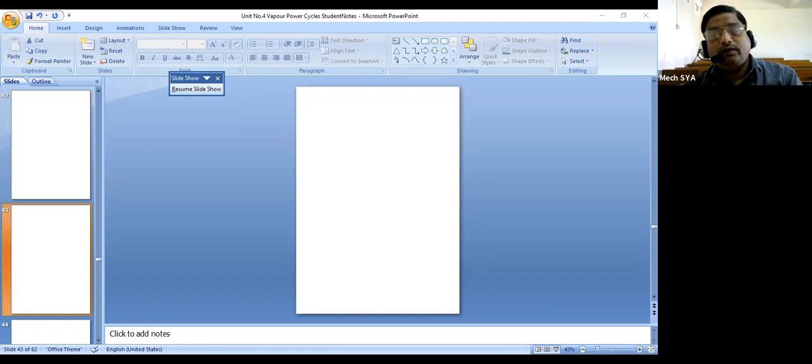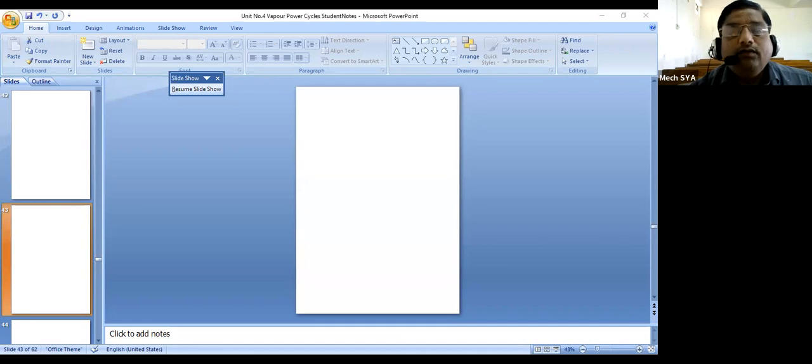Okay, this numerical we were solving. Rankine cycle has steam entering at the turbine at 140 bar and 550 degrees Celsius, and if the exhaust pressure is 0.65 bar, all processes are reversible. Find cycle efficiency, work ratio, and steam rate. If efficiency of turbine is 80% and of pump is 50%, what is actual efficiency of cycle?